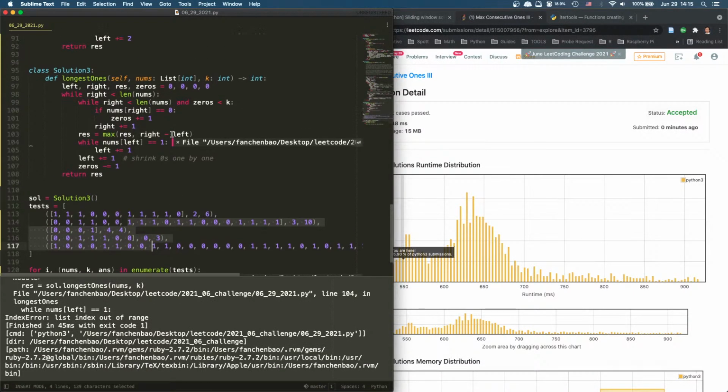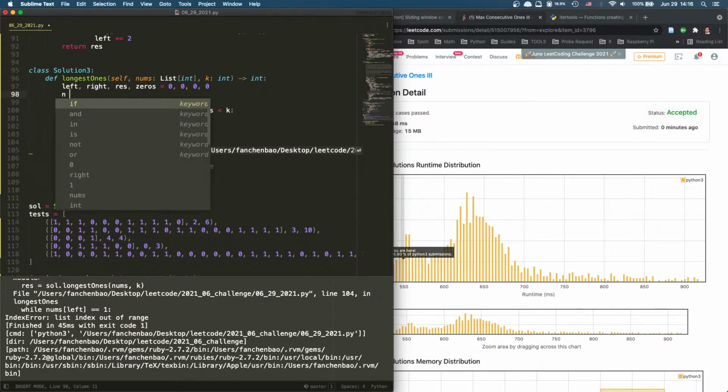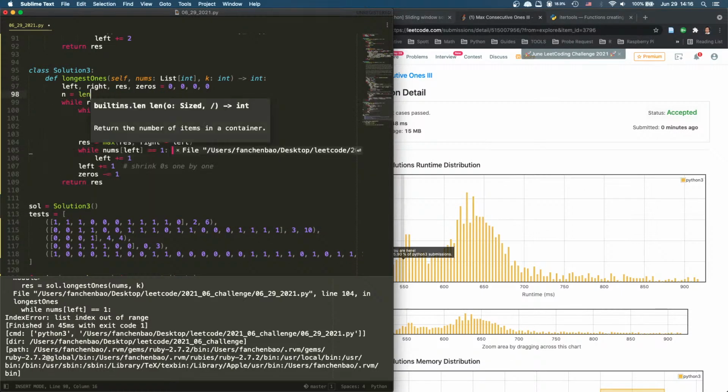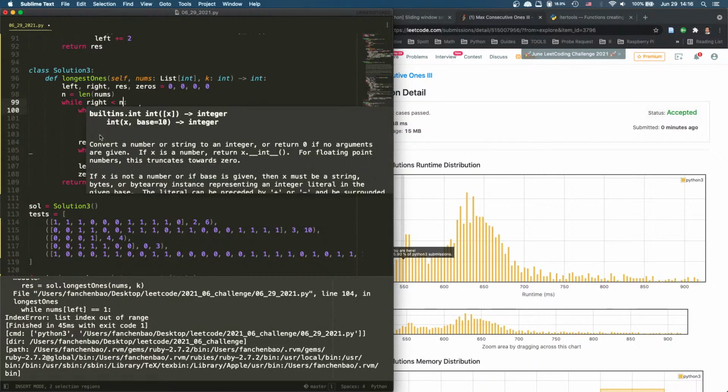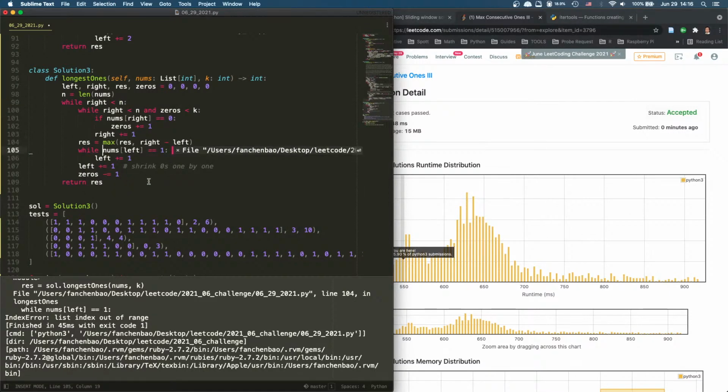Oh yeah, now left. So left has to be smaller than this as well. That is correct. Okay, let's also do n equals len(nums). So this n, and then while left is smaller than n, and